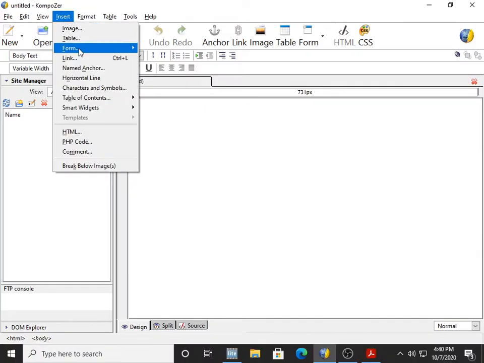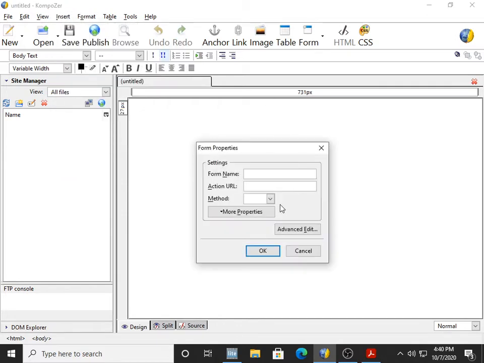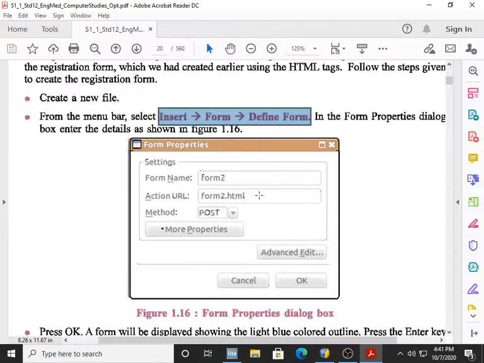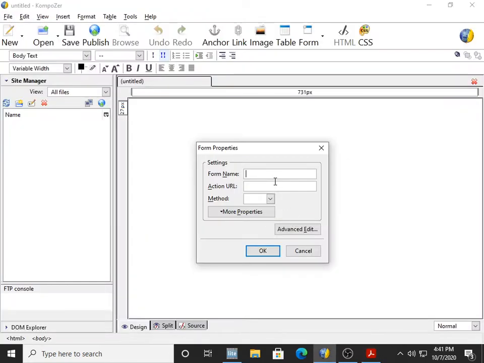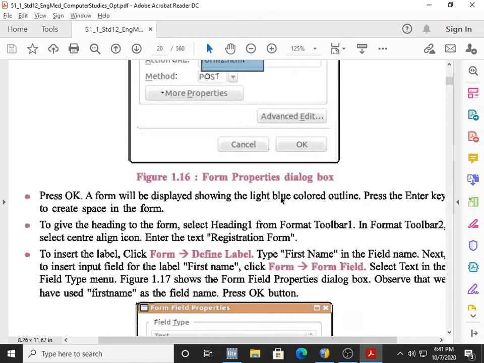When you go for Insert, Form and Define Form, it asks for the form name, action URL and method. Here the form name is form2, action URL is form2.html, and method is post. So I will type the same thing. Press OK.